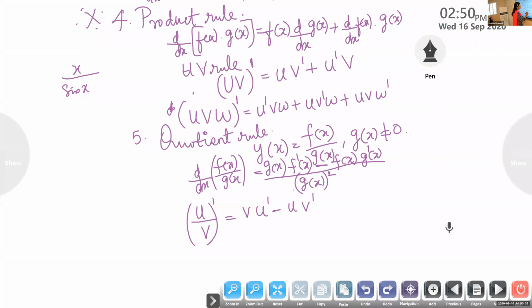Is it okay? So today we have learned so many formulas. In algebra of derivatives, you have learned 5 formulas. All these formulas, write them separately and learn them thoroughly, because in solving the next problems, we need all these formulas. So in the quotient rule, u by v the whole dash is equal to v, the denominator, into derivative of numerator, minus u into v dash, by v square.